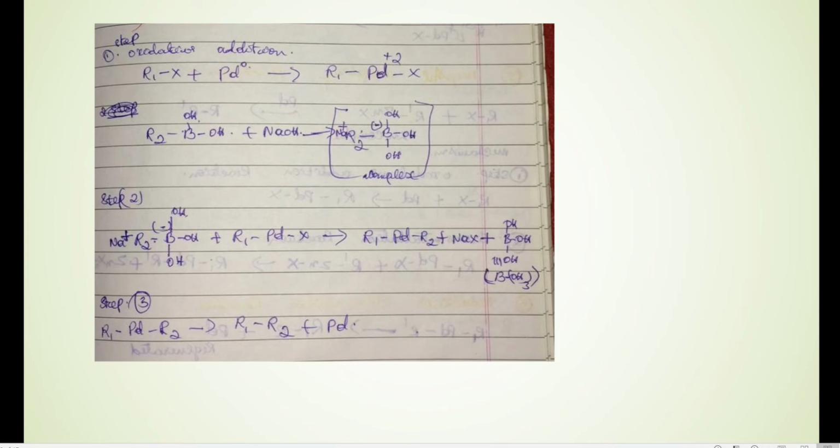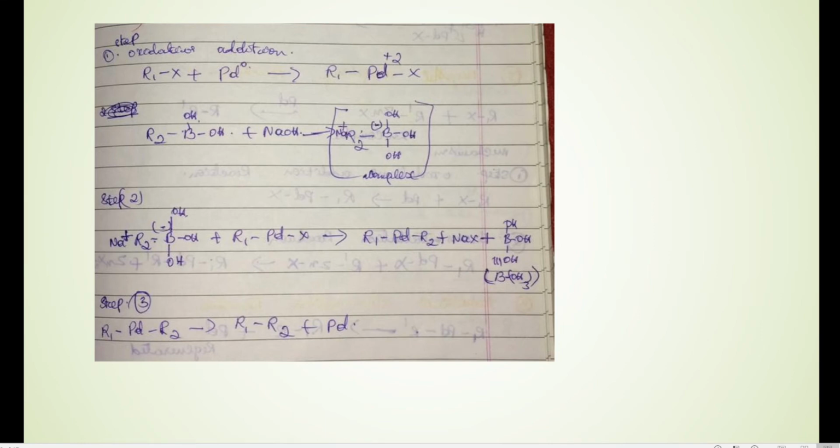The next step is transmetallation. You can see that we are taking this complex here, and these two complexes that are formed by the end of reaction 1, that is oxidative addition, react with each other. So we are taking R'PdX and this other complex, and they are made to react with each other. Now students, what happens is that this R2 group is there. Now that will come and replace the X here. That will take the position of X. So what do you get? R1PdR2. That R2 replaces the X here, and the halide group is eliminated.